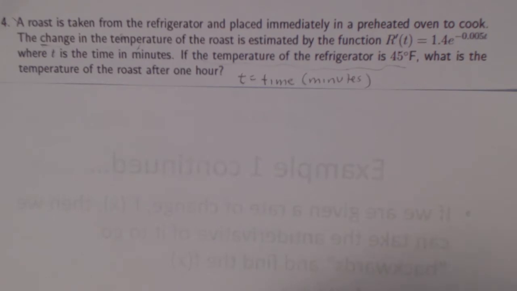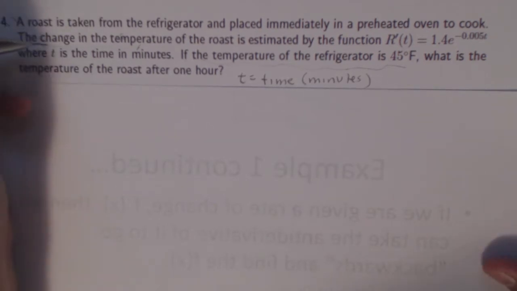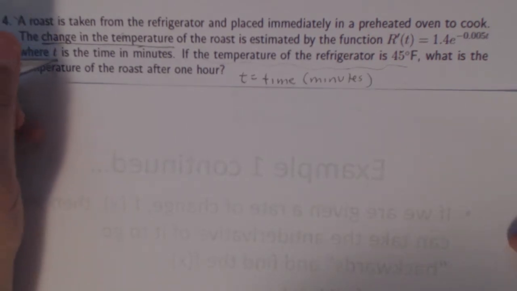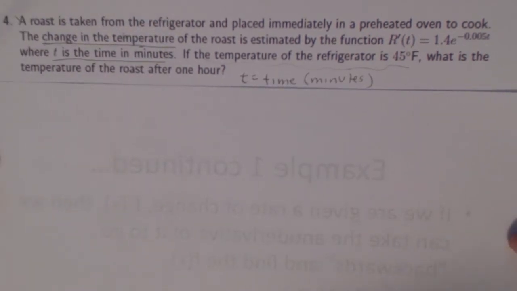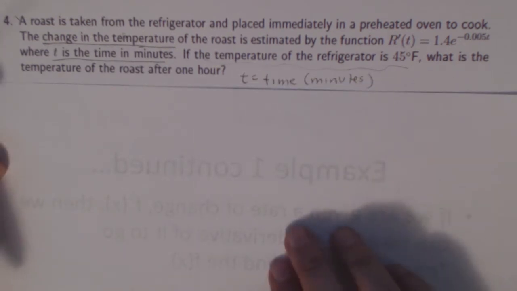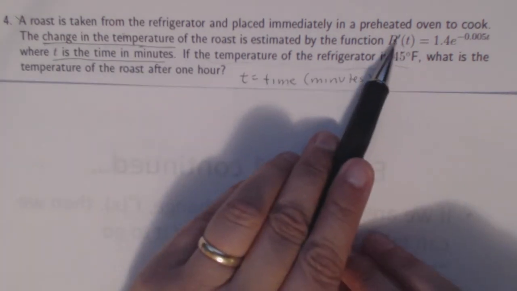Okay, so our next example is a word problem found in your lab manuals, number 4. It says a roast is taken from the refrigerator and placed immediately in a preheated oven to cook. The change in temperature of the roast is estimated by the function r prime of t equals 1.4 e to the negative 0.005 t, where t is the time in minutes. If the temperature of the refrigerator is 45 degrees, what was the temperature of the roast after 1 hour? Okay, so the first thing we want to notice is that there is a prime here, which means